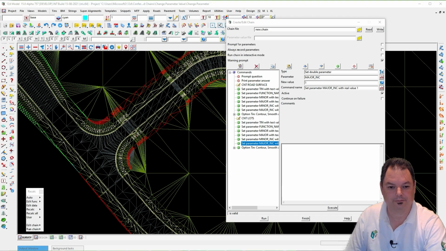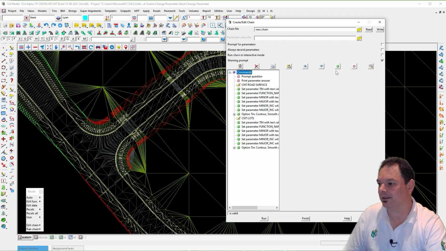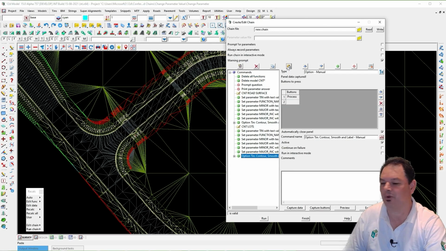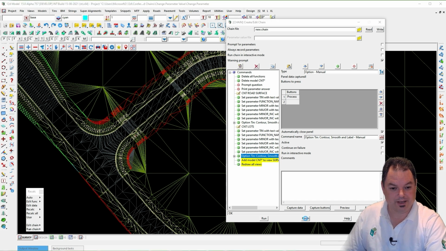Okay, we'll give that a run, but first I've just got another one just off the screen. I'm just going to copy some extra lines in here, just to tidy this up a bit, to delete all functions and delete any models that have CNT in them, and also at the end a couple of lines to redraw all views, and also to add some models to the survey view, which I've got on display. So if I just paste that, and then if I run this now,